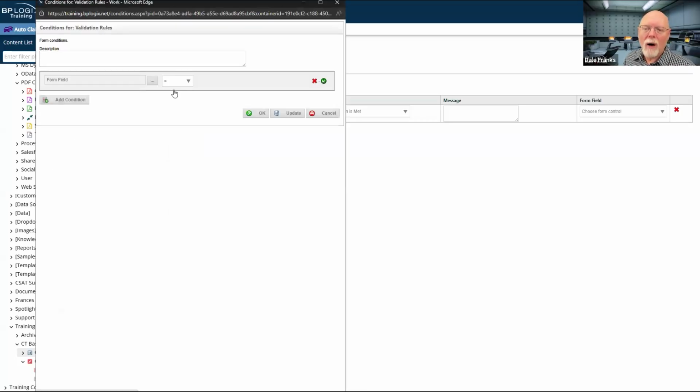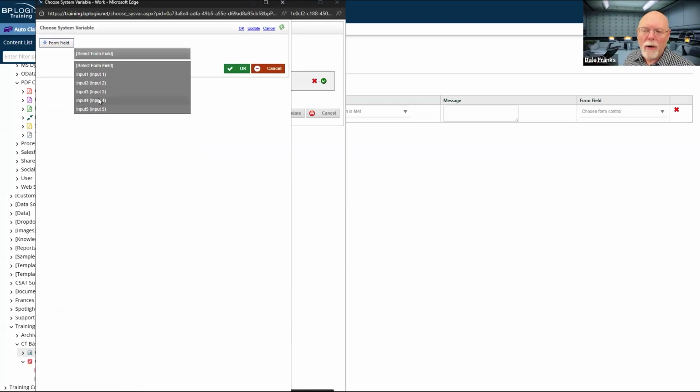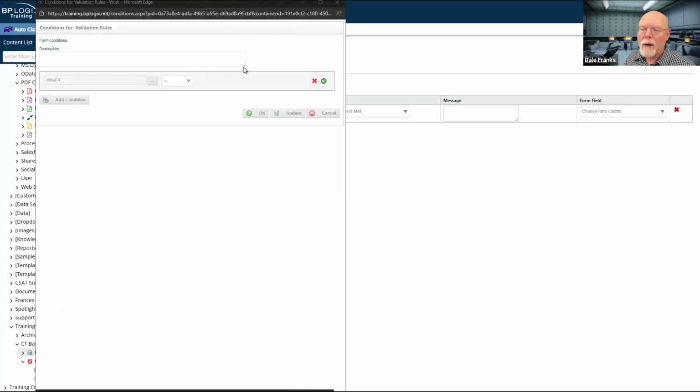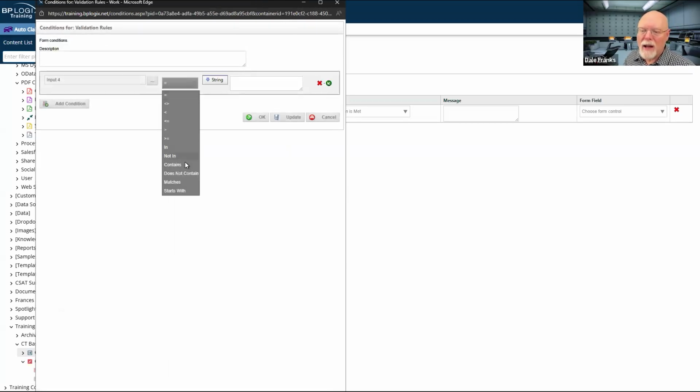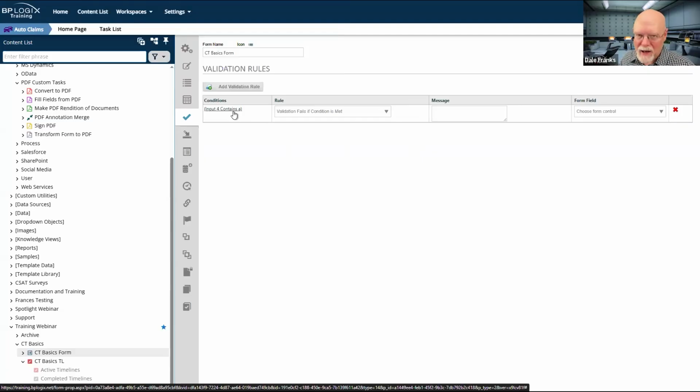And we'll just go with input 4 contains A to make it simple. So as long as there's an A somewhere in input 4, let's say I want there to be an A in that field.